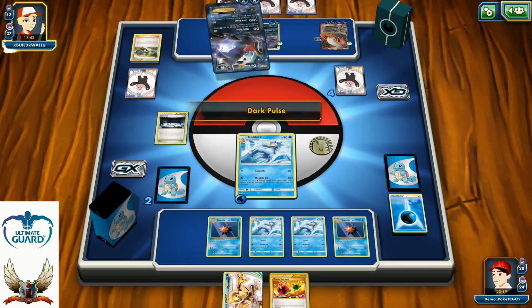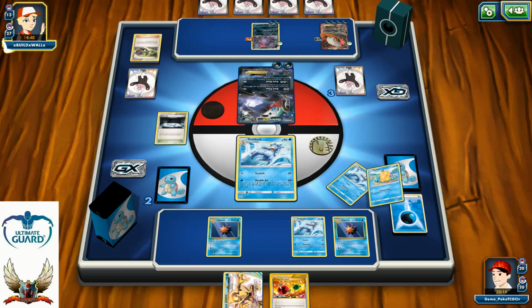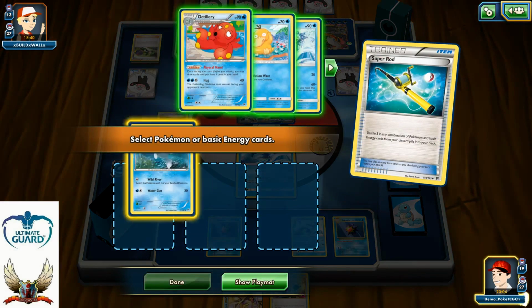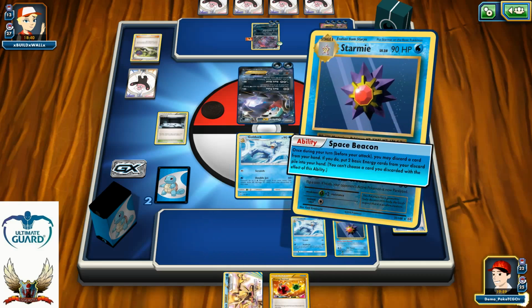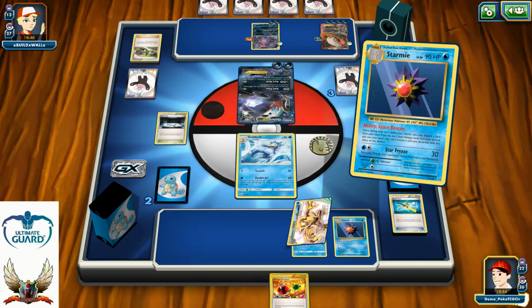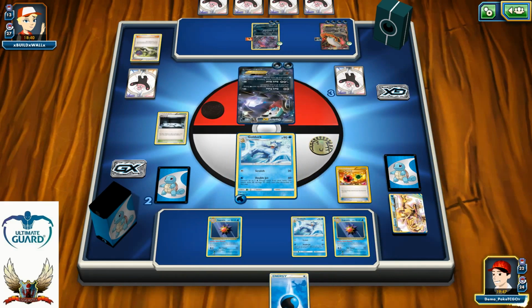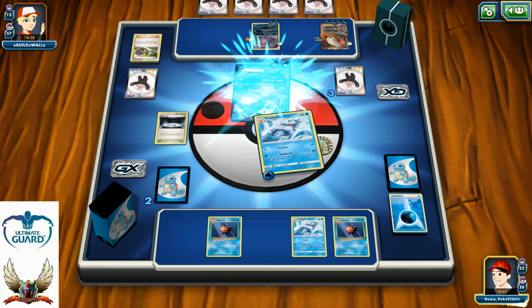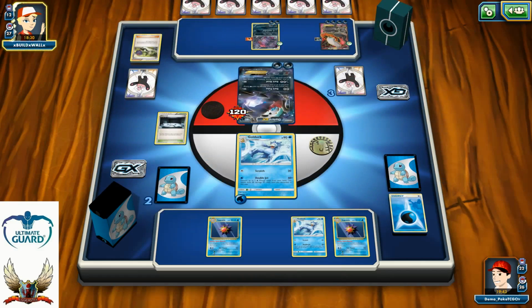1, 2, 3, 4, 8, 9. Well, that's 180. I simply cannot believe I didn't find a single Bursting Balloon in so many cards discarded. Okay, so 1 Space Beacon. And 1 Energy Retrieval. And of course 1 Double Jet for 120. So I'm very close to victory here, but yeah, he can simply retreat and knock me out with his